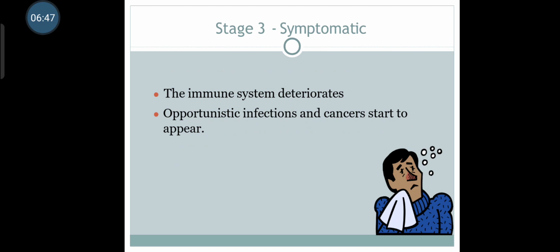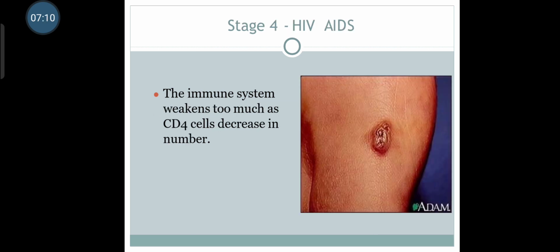Third is the symptomatic stage, wherein the HIV virus has deteriorated the CD4 cells, the CD4 cell count goes much lower, then the immune system continuously deteriorates, and the person is prone to opportunistic infections and cancer because his immune system is totally collapsed. Stage 4, the immune system is weakened too much as the CD4 cells decrease very much in number. The person is much prone to the